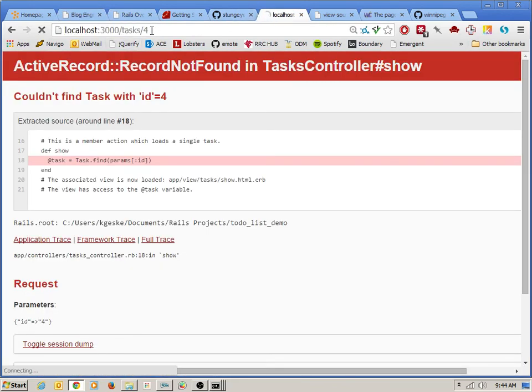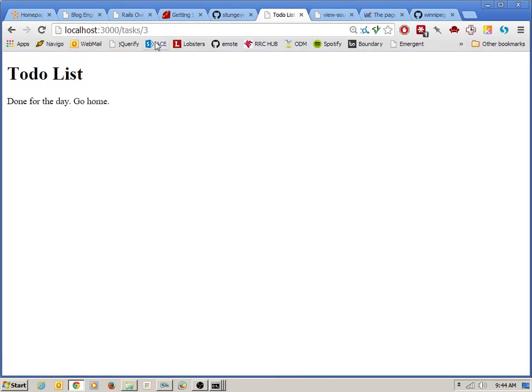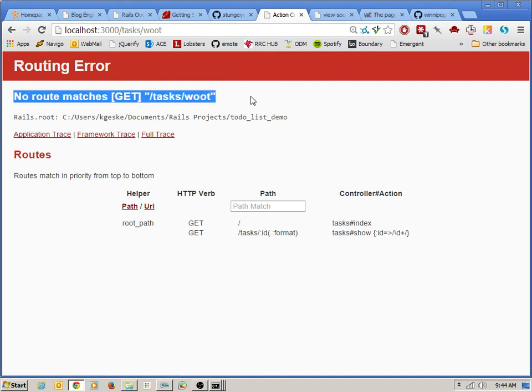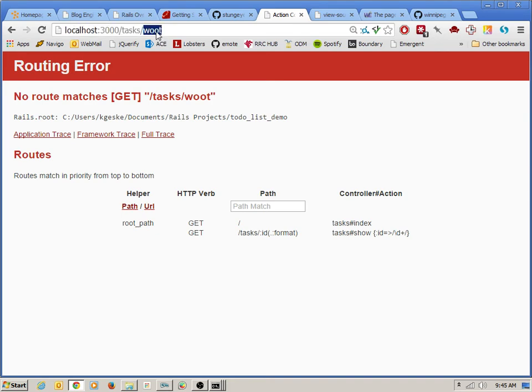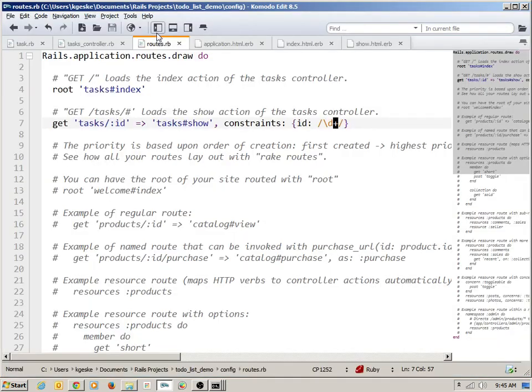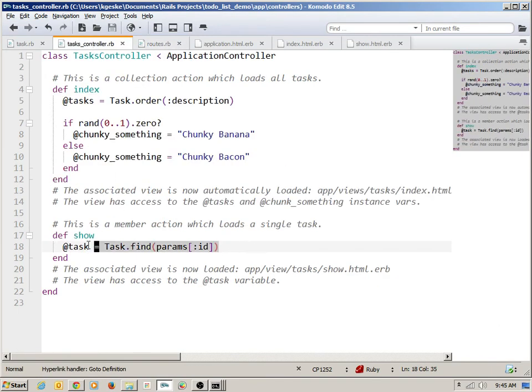So if I now go back to my page here, 4 still causes a problem because there is no ID called 4. 3 still works, but woot, there's no route for that. There's a routing error. In production mode, again, this would also trigger a 404, but that way you're just making sure that you don't even get weird data going into your controller. You don't even try to route to something that isn't a numeric value. And so now we can see that that has allowed us to load up individual